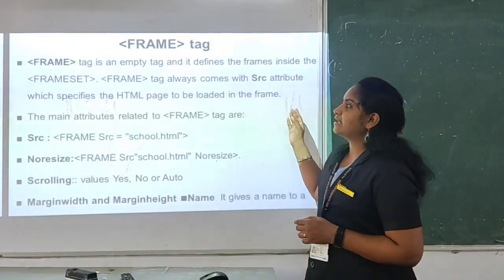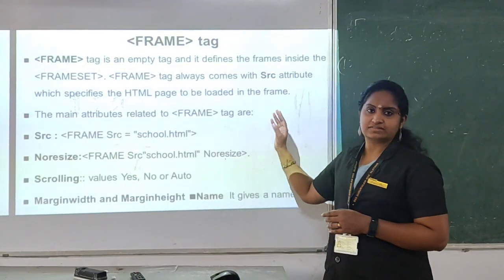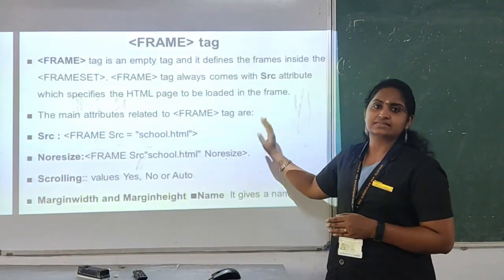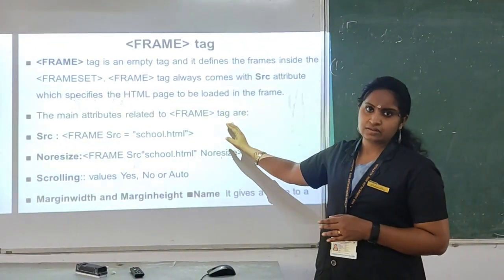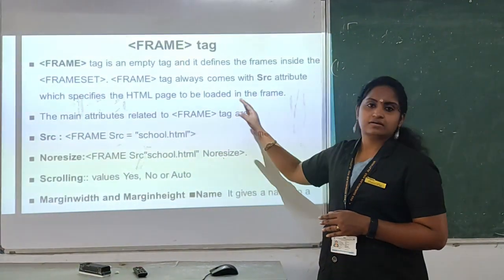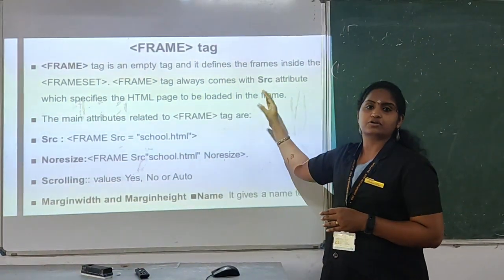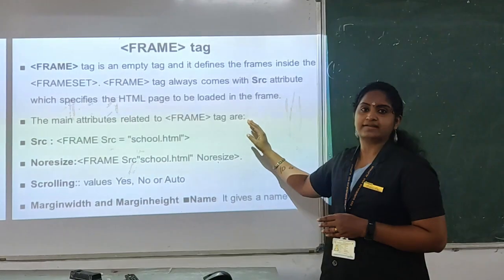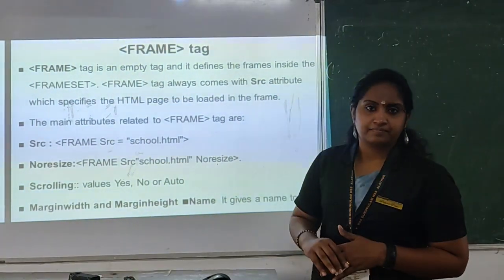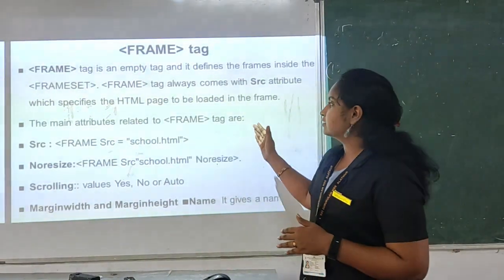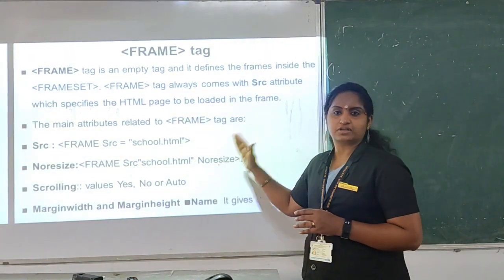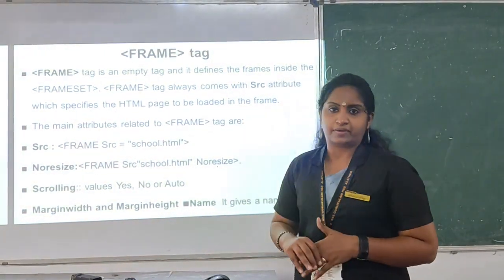Clear? The next one is the main tag, the sub tag which is included inside the frameset tag: frame. This frame tag is used to include particular web pages or content inside a frame. You can include different web pages, two or three contents, in the same web page.